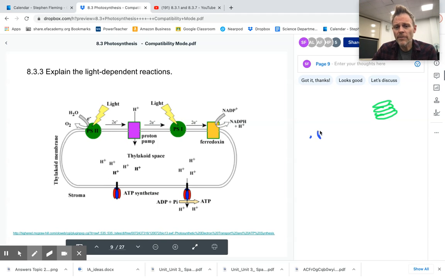So we need to talk about photoactivation of our two photosystems. So PS stands for photo,